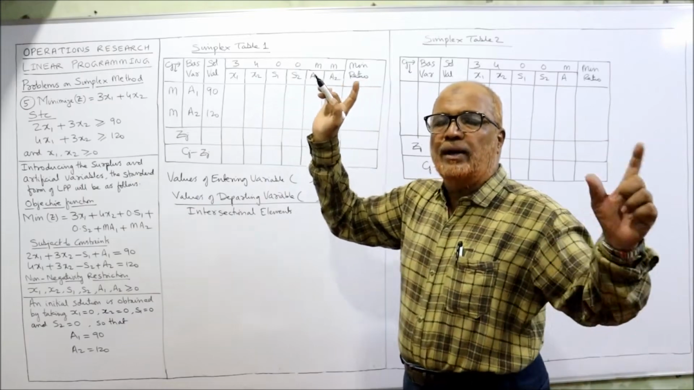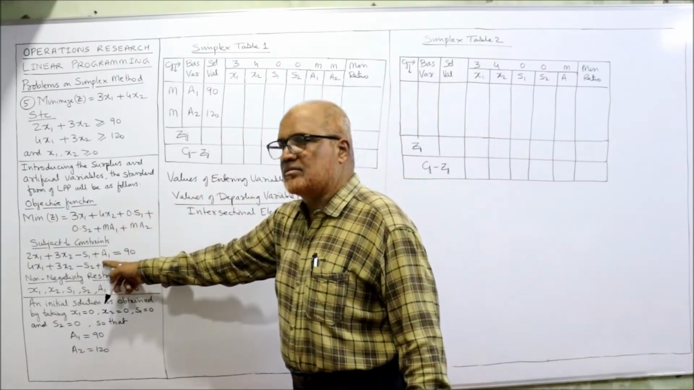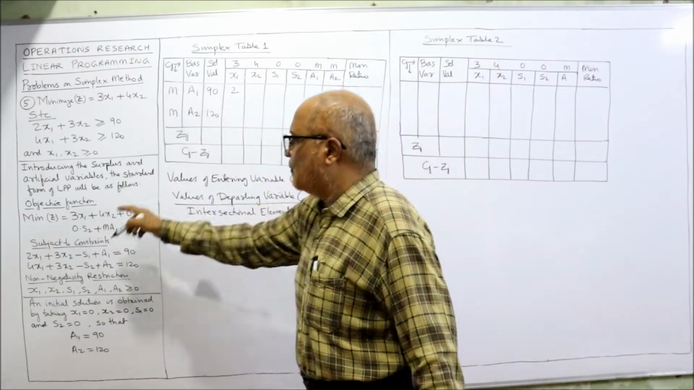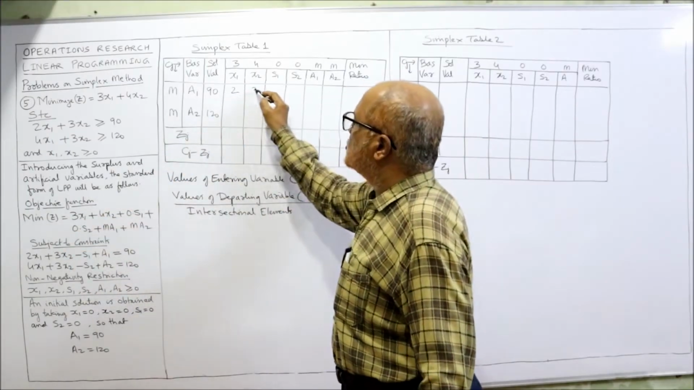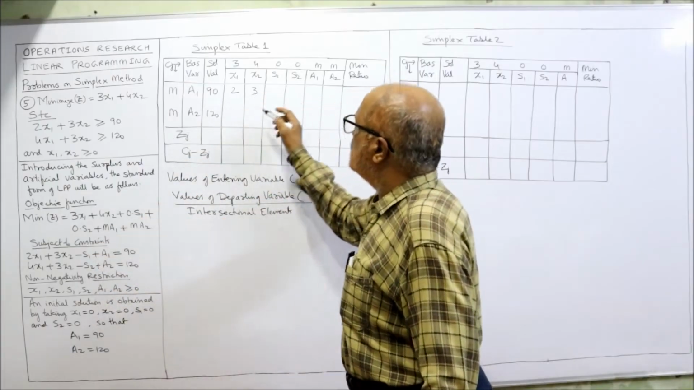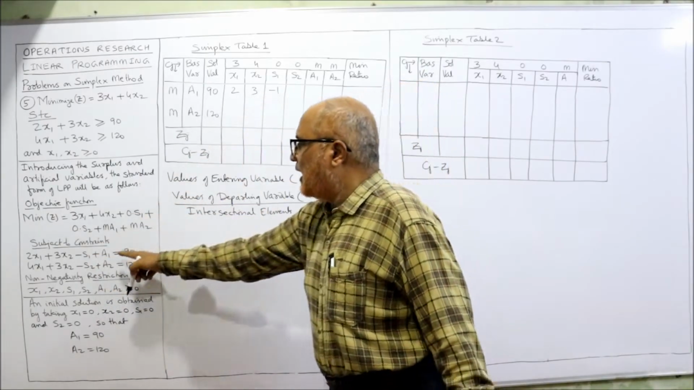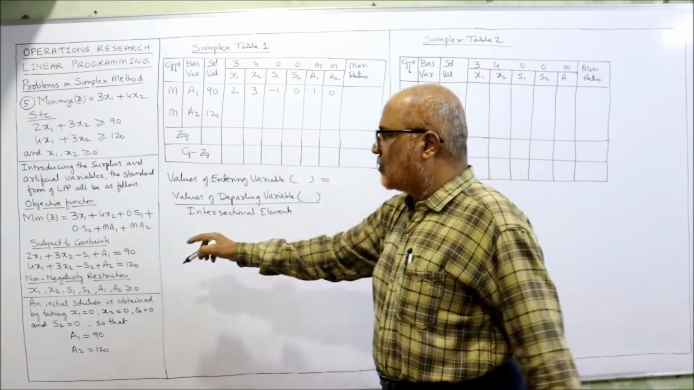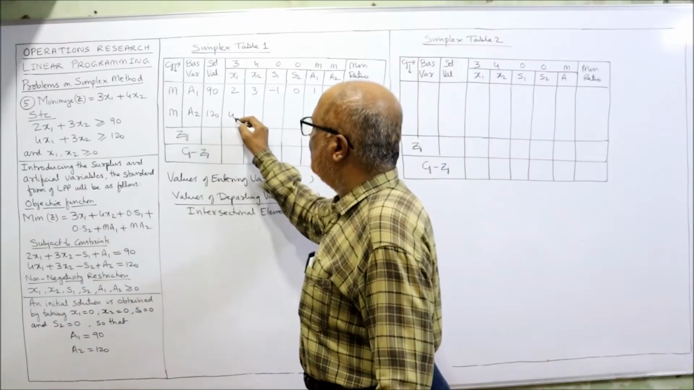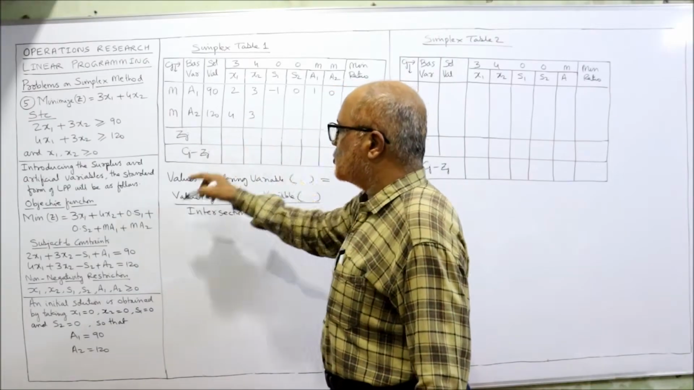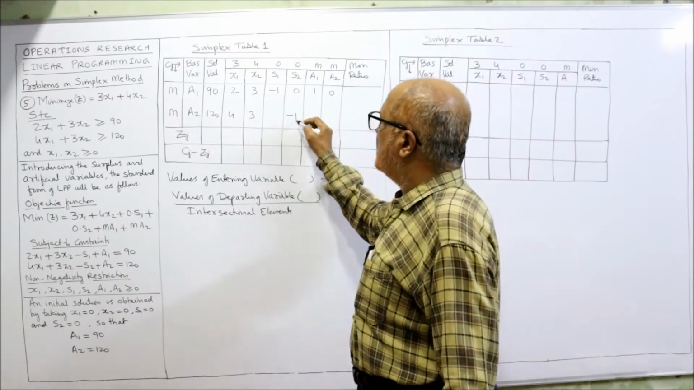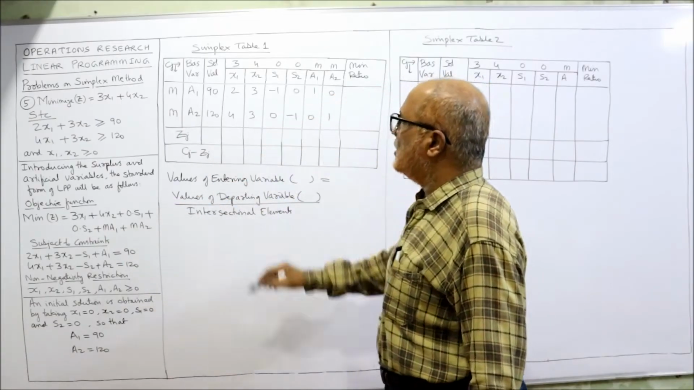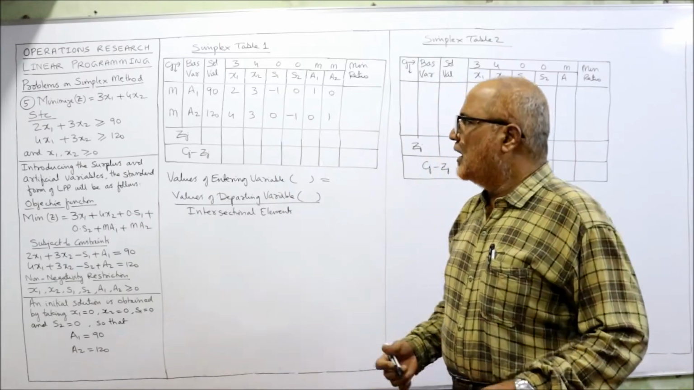Now we take the coefficients of the constraints. For the first constraint, x1 is 2, x2 is 3, s1 is -1, a1 is +1, then 0, 0. For the second constraint, x1 is 4, x2 is 3, s2 is -1 and a2 is 1. Remaining all the values are zeros. Now we need to calculate the